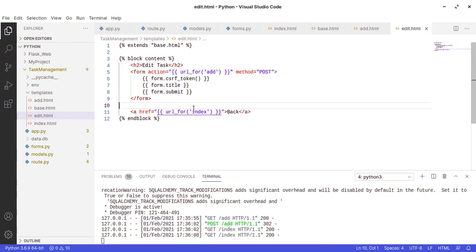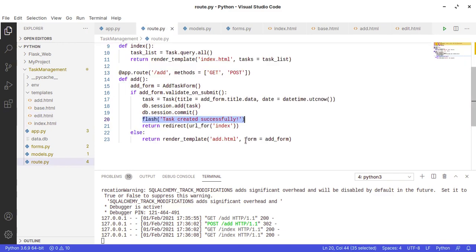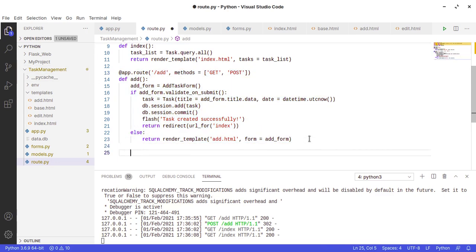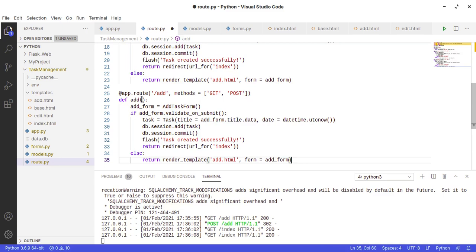Okay, but one thing before we change this one, actually this one is also edit, but there is one thing we have to do. Let's work on the route first. For the route I will just again copy this and then create the edit route. The method should be edit, and the URL also will be edit.